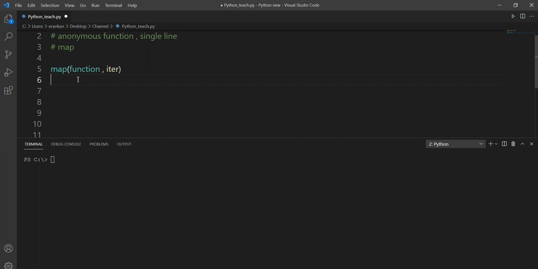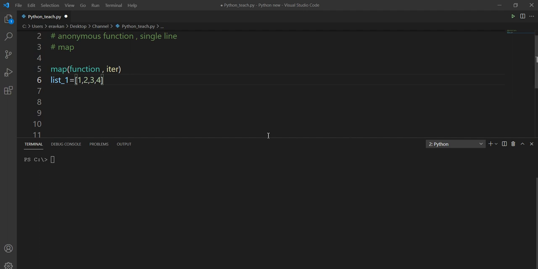Suppose I have list underscore 1: 1, 2, 3, 4. This is my list. Now, suppose I want to calculate the cube of each number in my list.